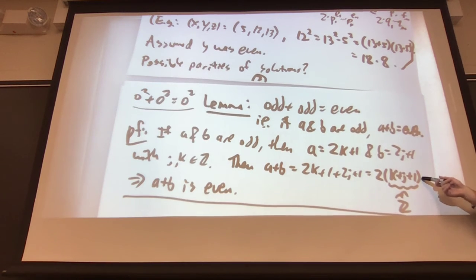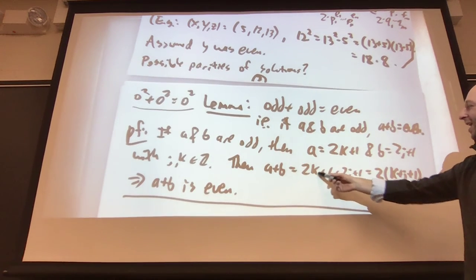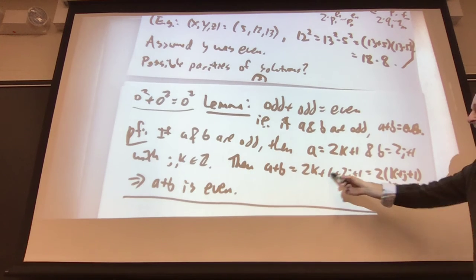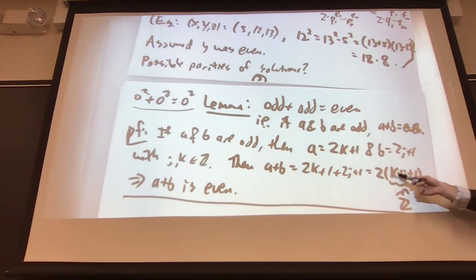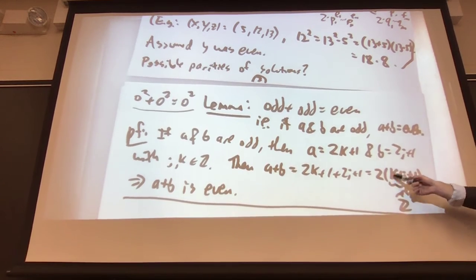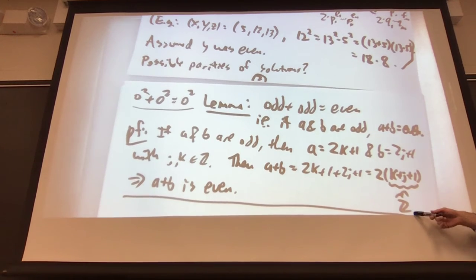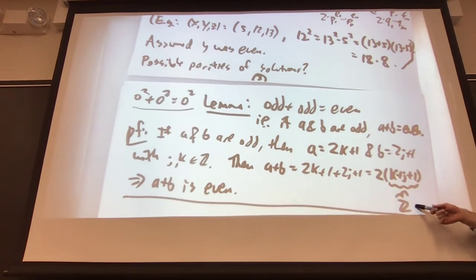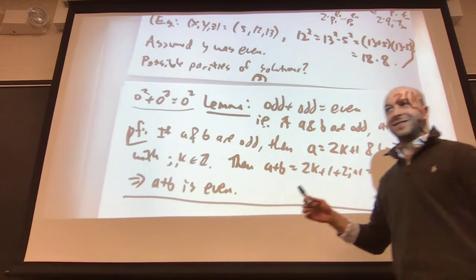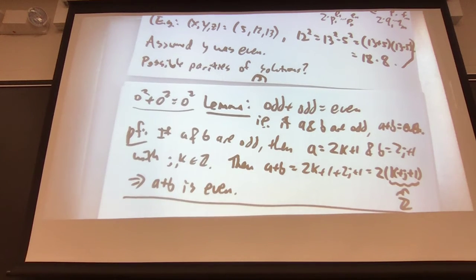This is simple algebra. 2 times K and 2 times J and 2, the 2 you can pull out, you get J plus K plus 1. But J and K and 1 are all integers, so their sum is an integer. So A plus B is twice an integer, so A plus B is even. Great. This is Math 300. Everybody's comfortable with this level of